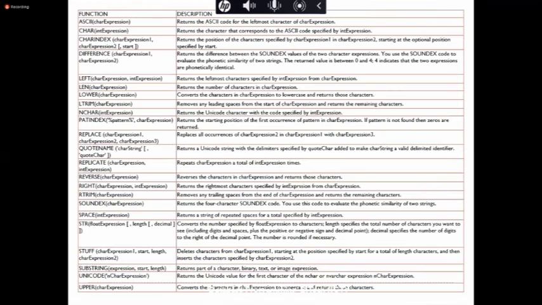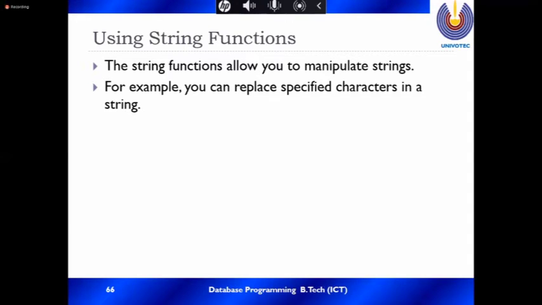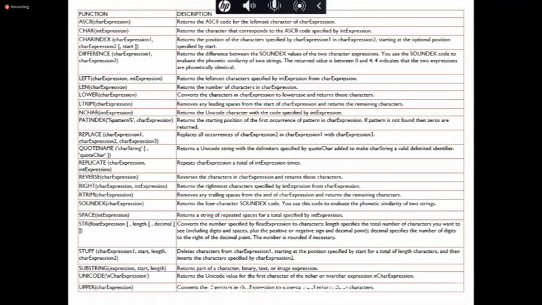Now these are the functions left, right, lower, everything. This is the string function. String functions allow you to manipulate strings. For example, you can replace a specific character in a string. ASCII returns the ASCII code of the leftmost character of the char expression.